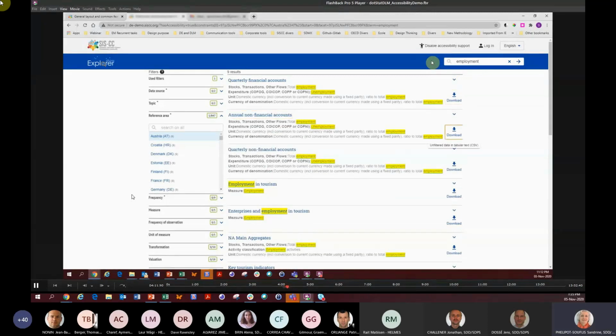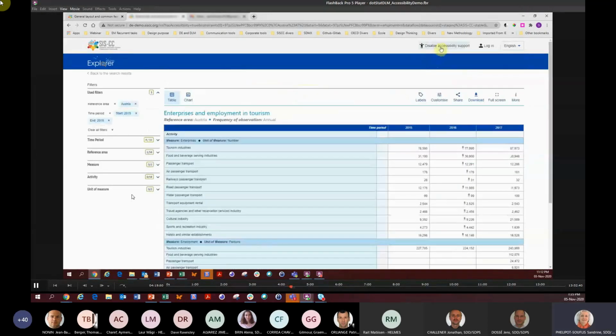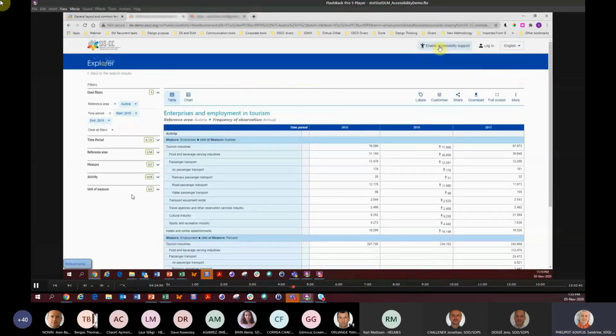So the quarterly financial account was not exactly the data flow I wanted to show you. I wanted to look for the enterprises and employment in tourism, just to show you the table. So here, this is a default table. I will switch the mode to show you that the default table